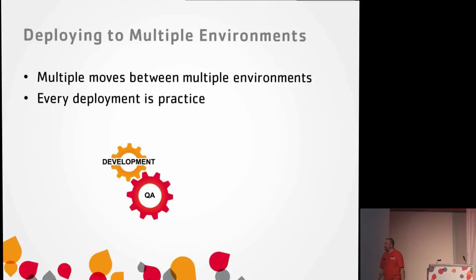Make your stuff go fast. Things are going to slow down at QA. It's a bigger gear, right? It's not spinning as fast as that one. Well, it doesn't actually have more teeth, but bear with me. Pretend it's got more teeth. It's going to spin a little slower. You're getting a chance to validate those deployments better. But it's still the same deployments, and it's still the same process. It's not going to be a shock. You're practicing the same stuff. And then you're going to go through the staging or pre-prod or whatever you call it. And yeah, I know, it's the same set of teeth. I cheated on my graphics. Cut me some slack. But still, the idea is that while development is spinning like mad, QA is spinning slower, staging and pre-prod are spinning slower still.